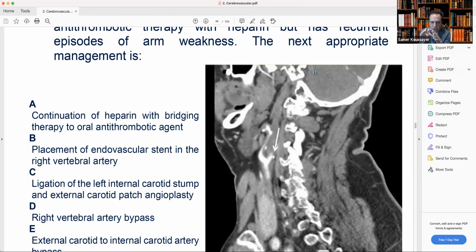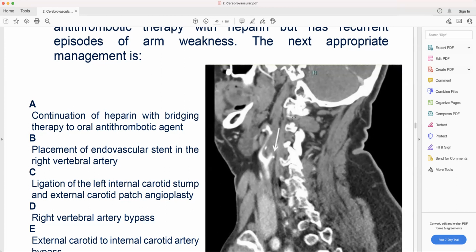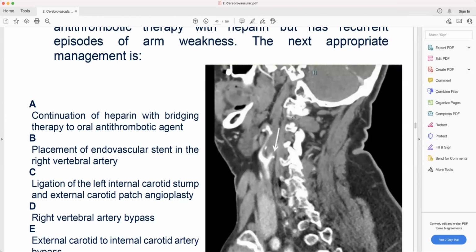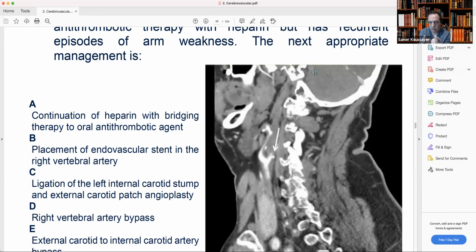Pressure always goes from high pressure to lower pressure. So the external pressure is high, and the distal internal, I mean intracranial, has low pressure, especially if you don't have a circle of Willis. If you have a circle of Willis, this will not happen, because the circle of Willis will keep the pressure in the internal high and the same as the external, so the blood will not go from external to internal. But if the internal is occluded and the circle of Willis is not complete, then